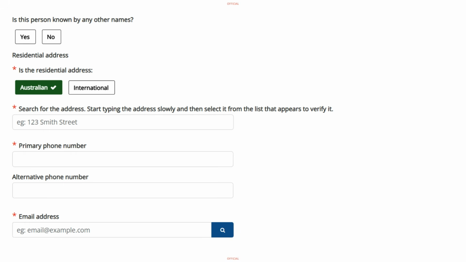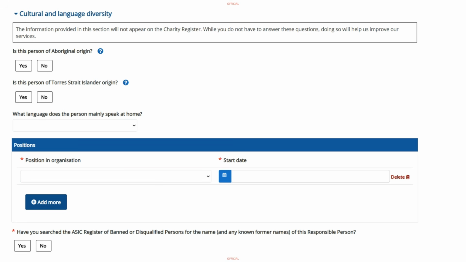If they want to create a charity portal account for themselves, they should sign up with the same email you provide them here. This should be an email that is unique to that person and not a shared charity email address. You can choose to provide some cultural and language diversity information as well, but this isn't mandatory. You'll need to list your responsible person's position too, for example a treasurer,